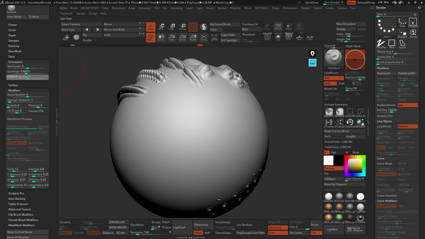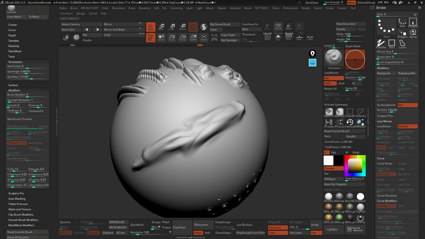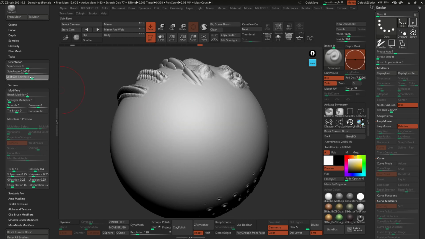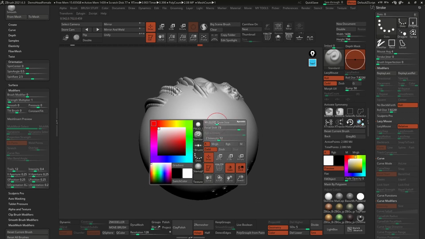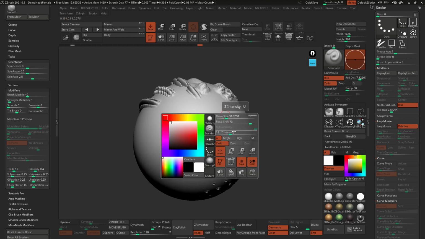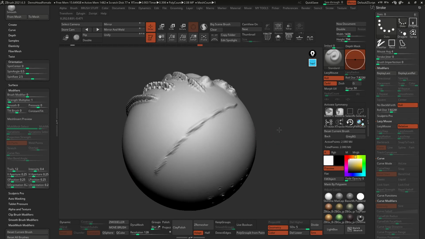I'm going to decrease the spin rate again, and I'm just going to start playing around with those values again, because it was a little bit too intense, until I get something that works a bit better. All right, I think I'm gonna set it to 2.5 and the spin angle to 0.5. All right, so I think this one is working fine. Now we can reduce my brush size, and I'm also gonna reduce the intensity a tiny bit. And if I do one stroke, this is the effect that we get, right?